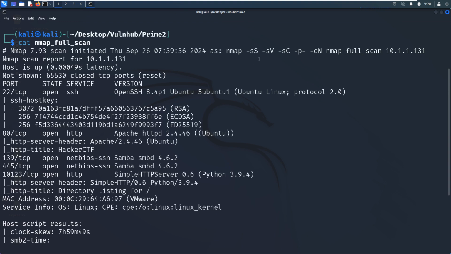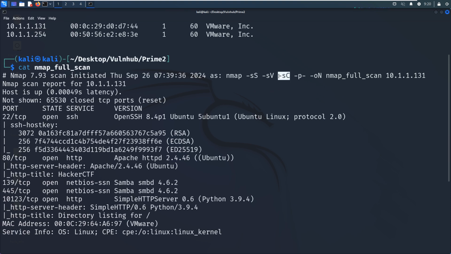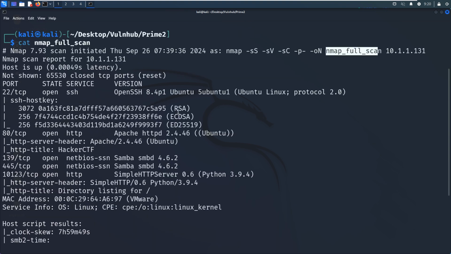As you can see over here, I use options like -sS (SYN scan), -sV (version scan), -sC (default script scan), followed by -p- to do a full range port scan. The last option, -oA, is to output the result into this file. From the Nmap scanning results, we can tell that the target has 5 open port numbers in total. Let's take a look at them one by one.